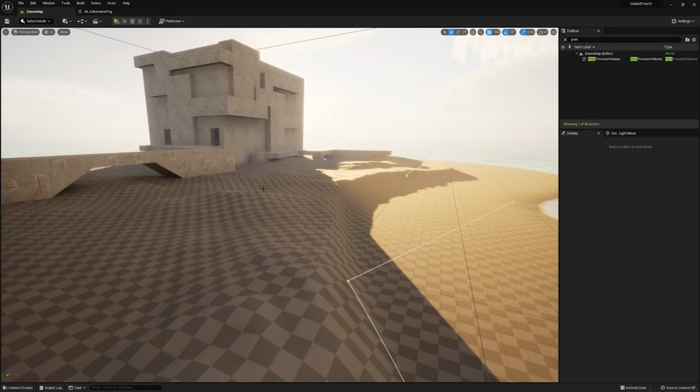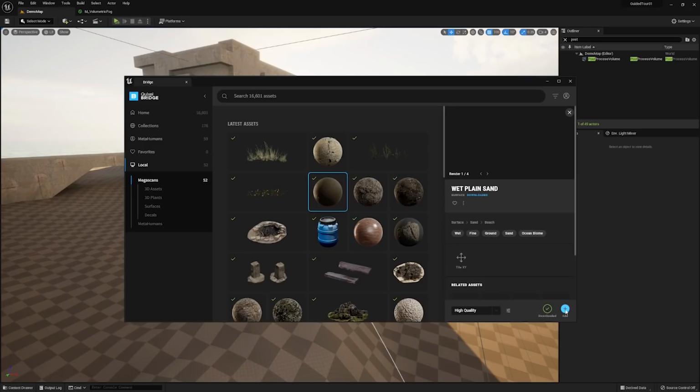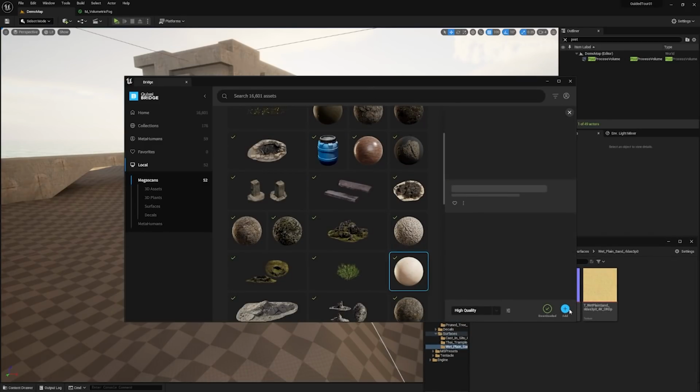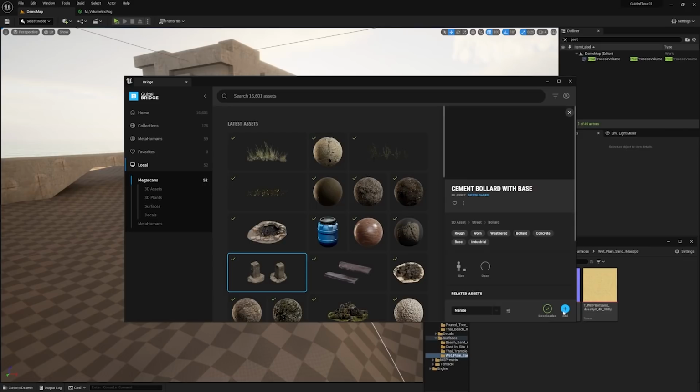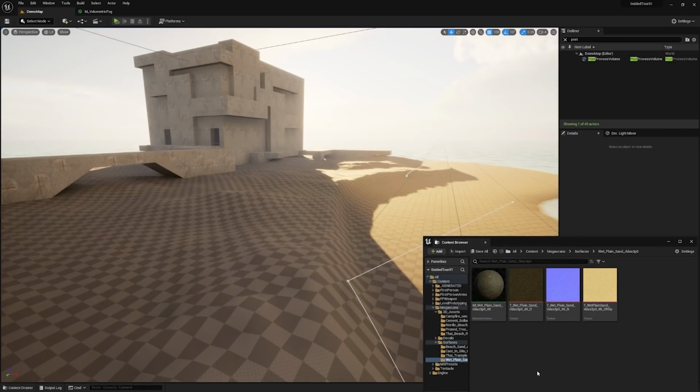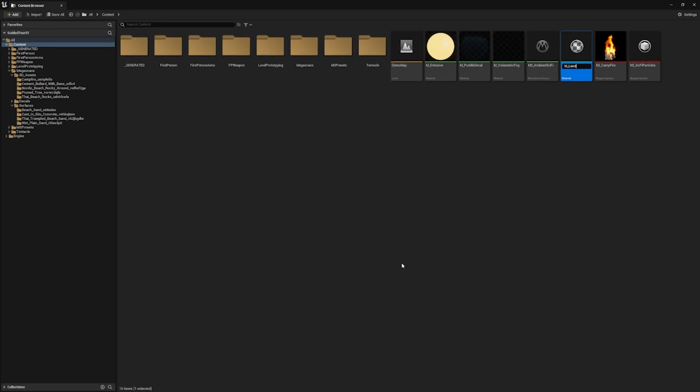Speaking of the visuals that we're after, let's go back to Quixel. I'm going to grab 3 sands and some beach rocks and a concrete bollard that might help imply that there was a pier at some stage or something there. So let's go ahead and bring them in. With those in, I think it's time for us to set up a landscape material that we can use. So to begin with, we're going to do the obvious thing, and that is we're going to drag some sand